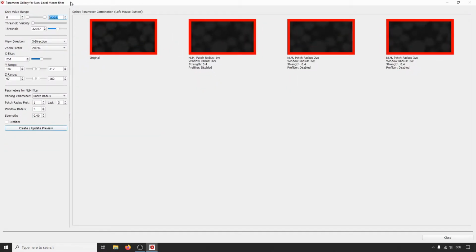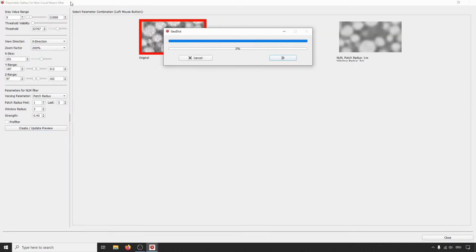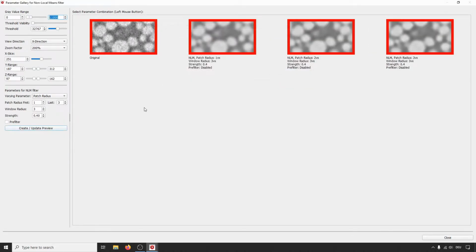You can just enter 11,000 in here, hit enter, and then the visualization is updated, and you can see the result of the preview here. This is the original, where we can see that it's quite noisy, and here are the results for patch radius of 1, 2, and 3.